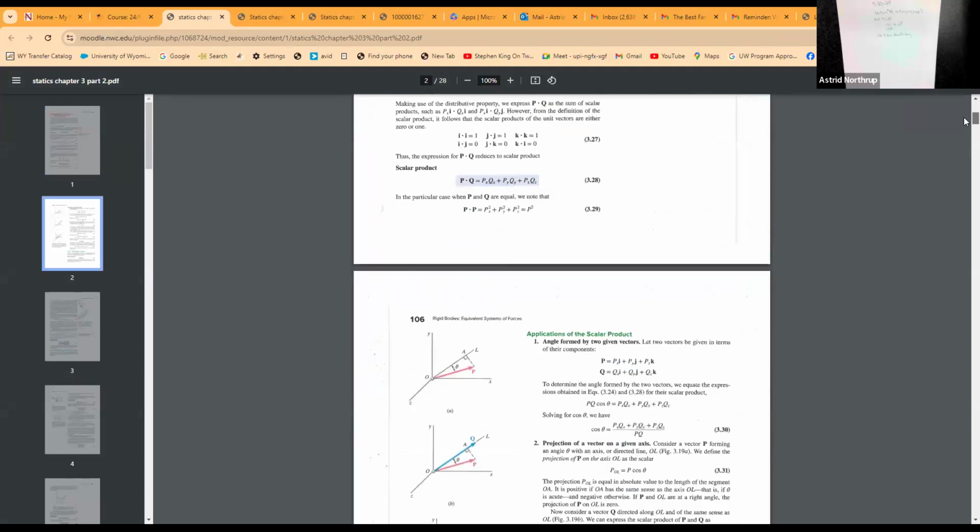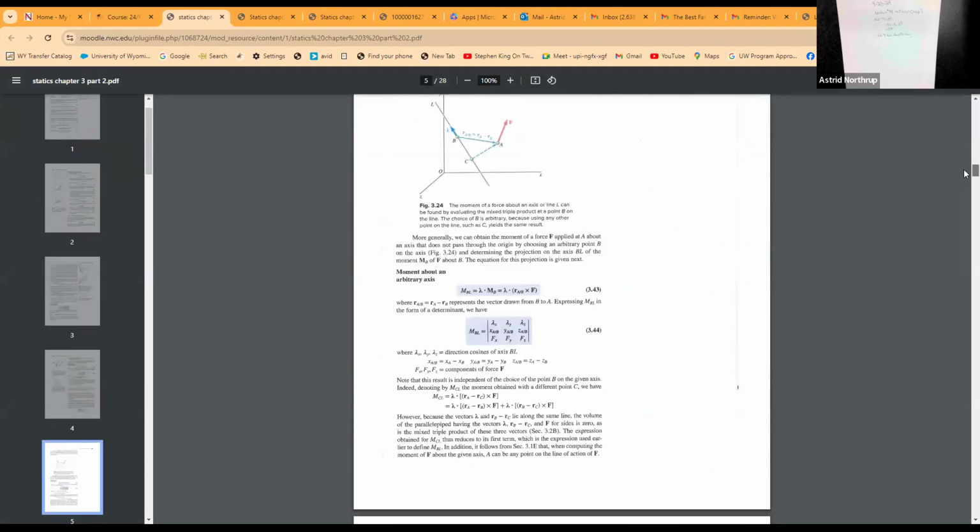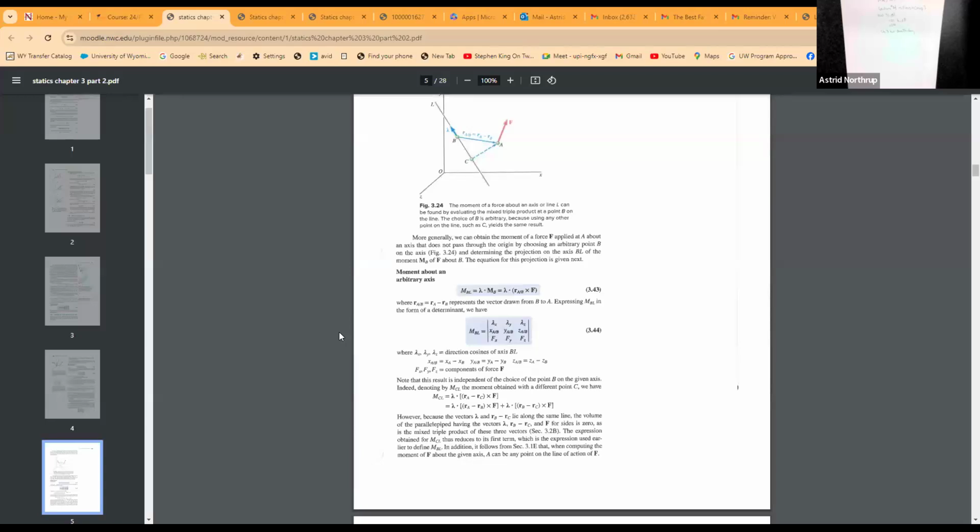So what we're talking about in this section is those moments. There's a little bit of stuff here that I want to talk to you about. We've talked about moments being taken about a point, how a moment always has to be taken about something because you're talking about something that is rotating. Now, this piece of the math is talking about the moment taken about an axis.